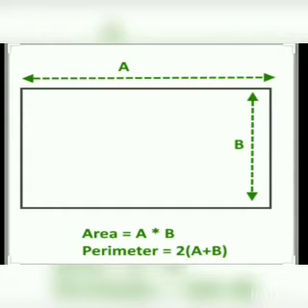Now perimeter means, I said you will find the perimeter by adding up all the sides, isn't it? So here length, here breadth, here length, here breadth. That means here A, here B, here A, here B, isn't it? So when we are adding A plus B plus A plus B, which gives you perimeter is equal to 2 into A plus B, or in other words 2 into length plus breadth. So what is the area of a rectangle? Length into breadth. Perimeter of a rectangle, 2 into length plus breadth.